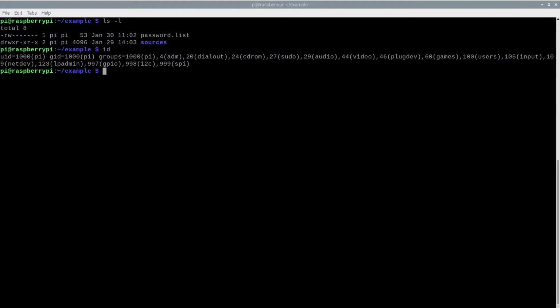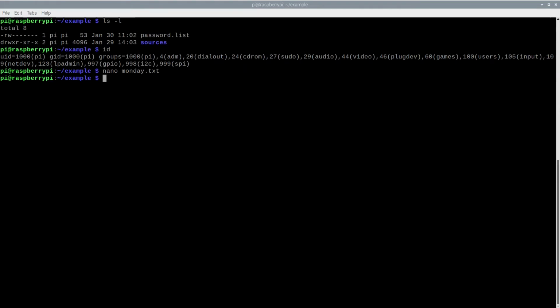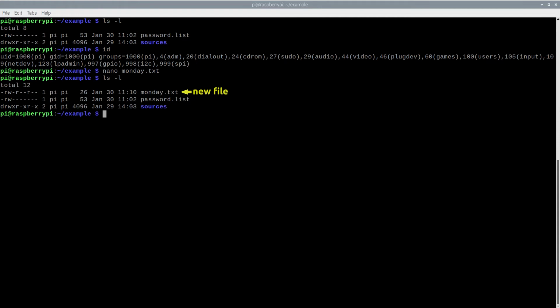Let me create a new file called monday.txt using Nano Editor. I will put some text into it so the file is not 0 in size to make it a bit more interesting than if I just use the touch command to create an empty file. Here it is. A new file, however made, receives a default set of permissions when created, which in this case is read and write permission for me, and read permissions for group and others. Default permissions are a system setting which varies between Linux distributions. Each user can customize the defaults, and I will show you how to do that in the next lesson.